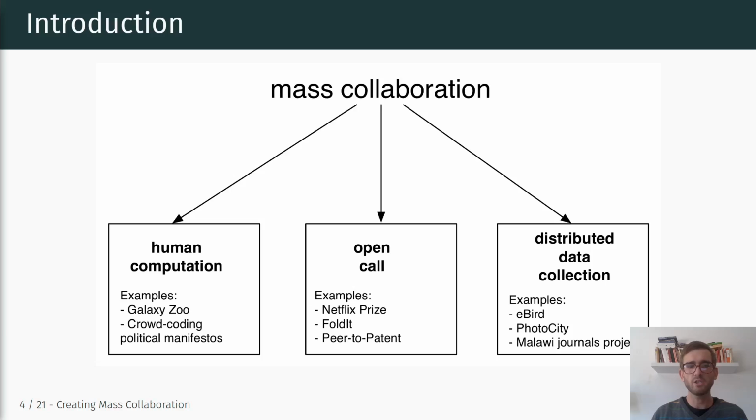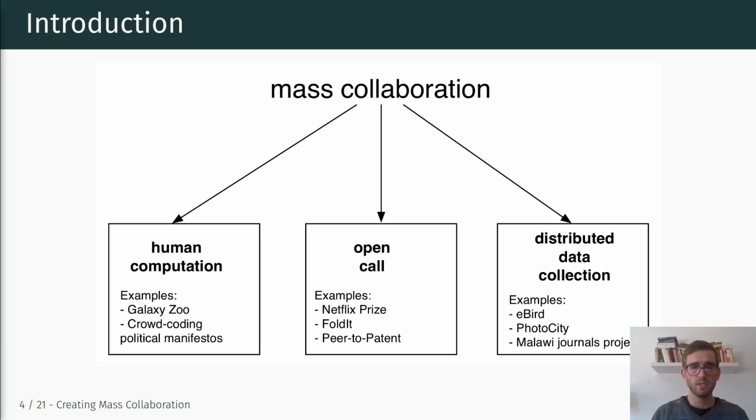And human computation tasks basically involve splitting up a large problem into small little subtasks, and then asking people to perform these simple small tasks, and then aggregating them up together, right? So the social science example that we're going to talk about here is crowd coding political manifestos, for example, right? So that's one example. For example, you could recruit workers through Amazon's Mechanical Turk to